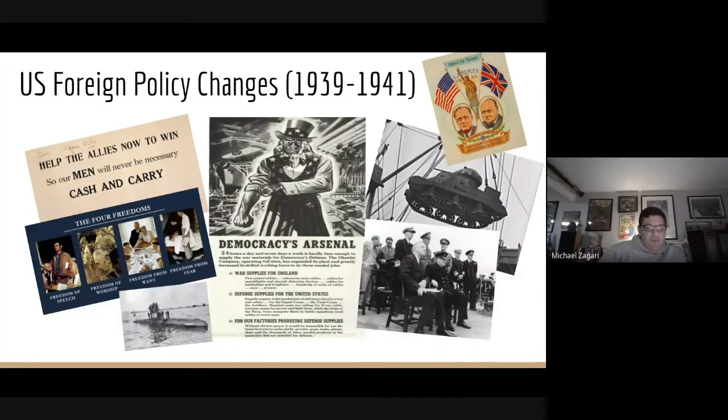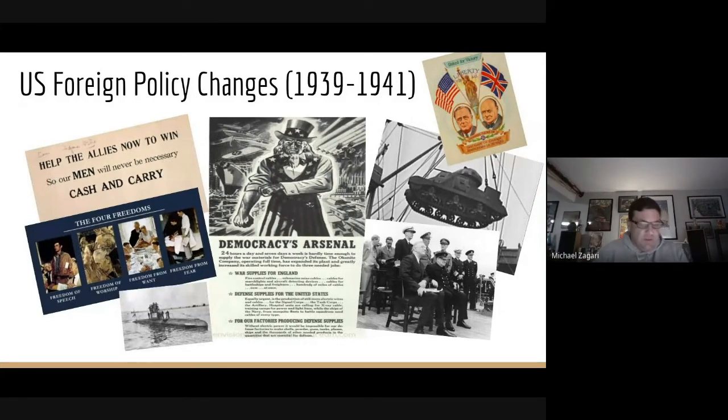Okay, and like Mr. O'Hagan was saying about FDR being the internationalist, when he was working with the Wilson administration, he gave over 800 speeches in support of Wilson's League of Nations. And what we're going to see is he is going to walk, like Mr. O'Hagan is just saying, walk the United States slowly into, not into the war, but into more of the side of the Allies.